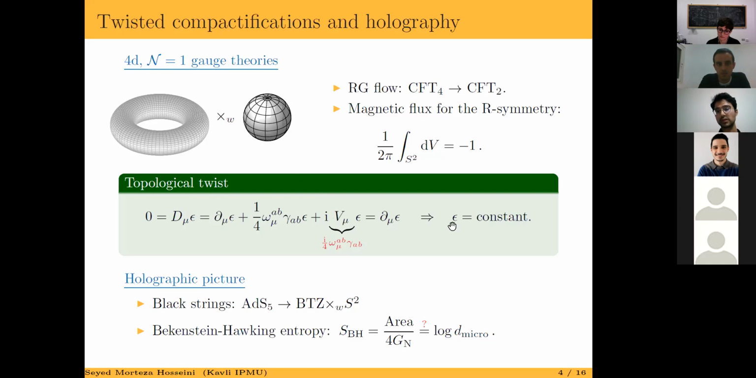So by choosing epsilon to be a constant, you can just get rid of the variation of the gravitino, and then you preserve supersymmetry. But the price that you pay by turning on this gauge field is to have a magnetic flux for the R symmetry. And one can actually do a more complicated twist by turning on some background fluxes for the various global symmetries that you have in the theory, and you have a more convoluted form of fluxes